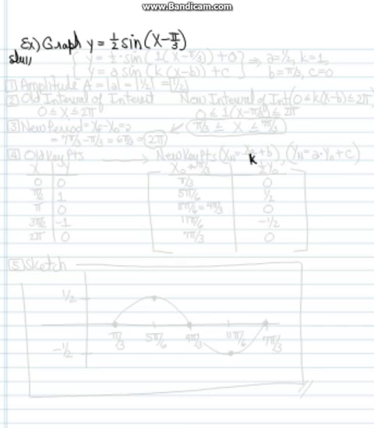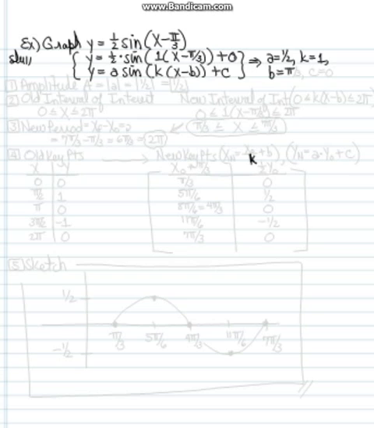Okay, let's graph y equals 1/2 times the sine of x minus pi over 3. Let's first get it in the appropriate form. y equals 1/2 sine of parenthesis 1 parenthesis x minus pi over 3, plus 0. Compare it to y equals a sine k x minus b plus c, and that indicates the a value is equal to 1/2, k is equal to 1, b is equal to pi over 3, and c is equal to